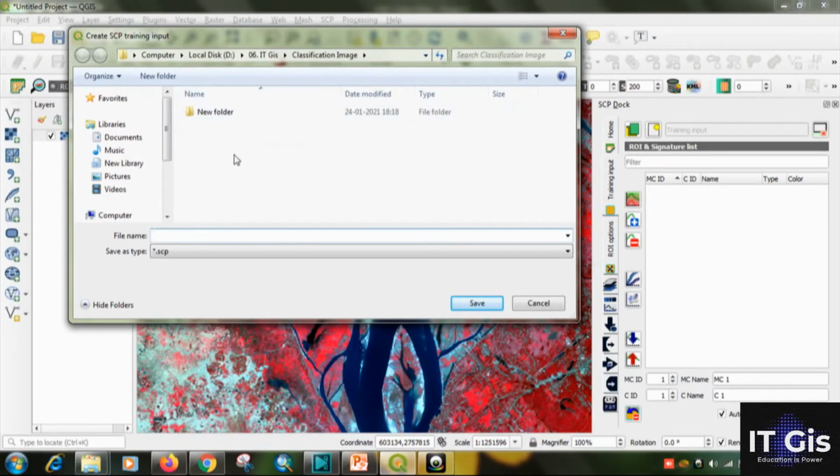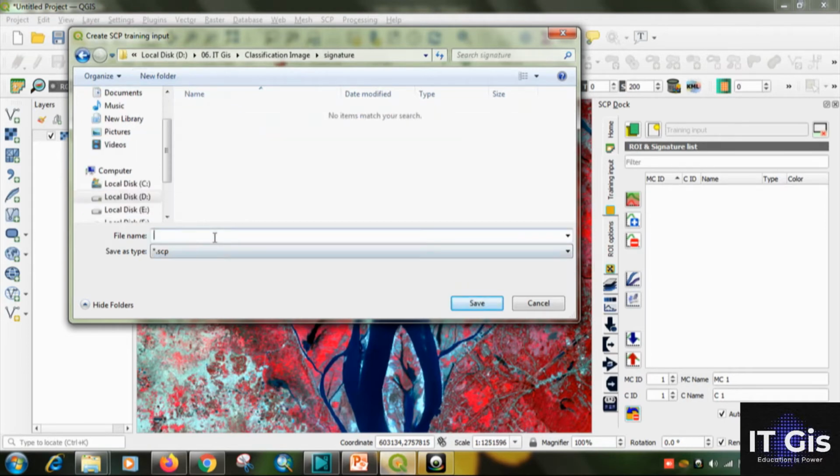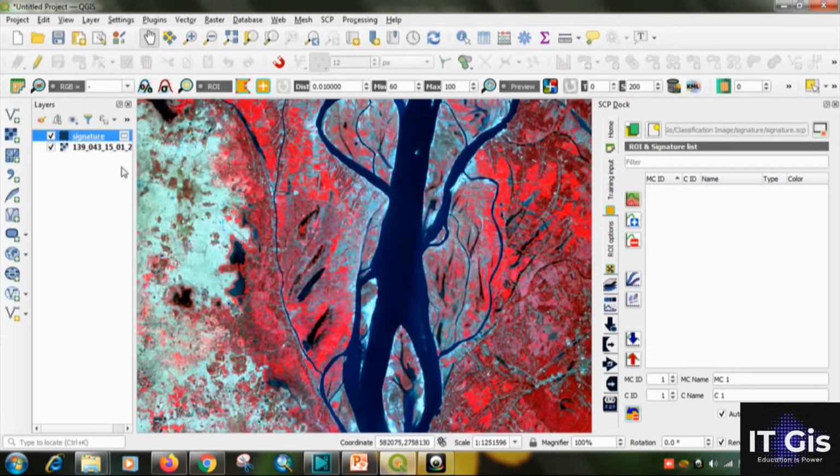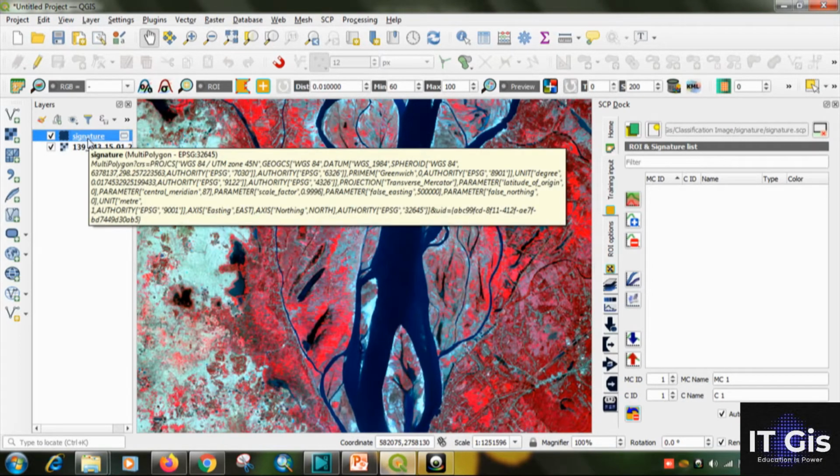Now I'm typing signature. Write signature, click on save. You can see that it is added on the layer.